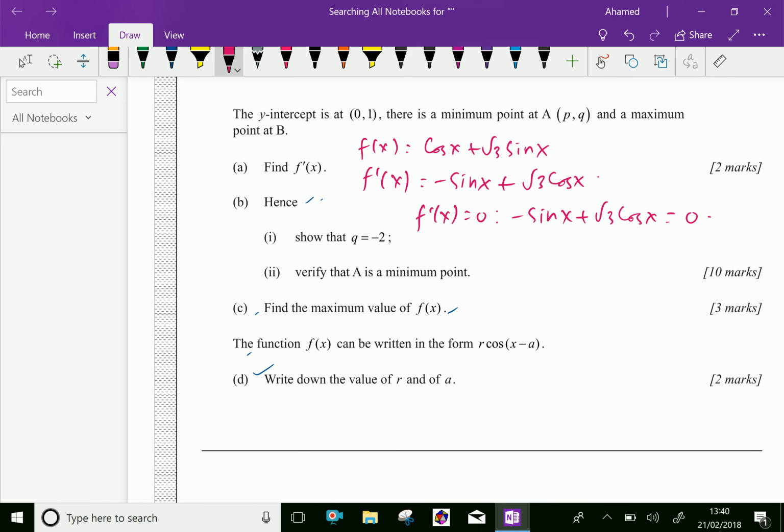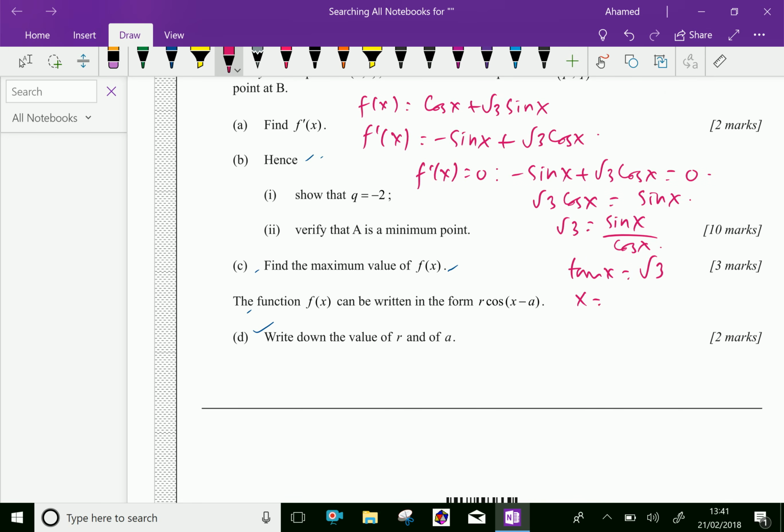From that we get root 3 cos x equals sin x, then root 3 equals sin x over cos x. Therefore tan x equals root 3, then x equals tan inverse of root 3, which gives pi by 3, as well as